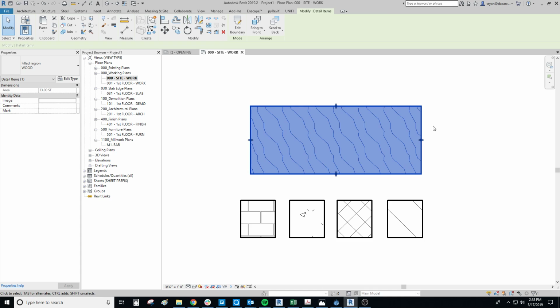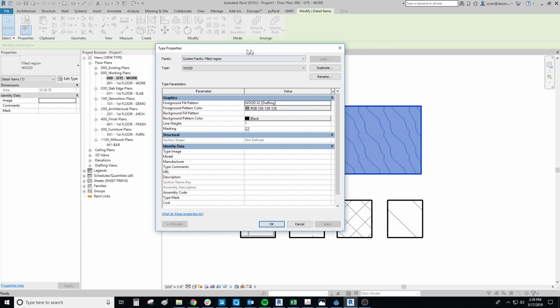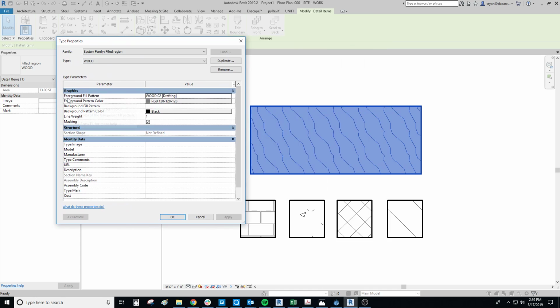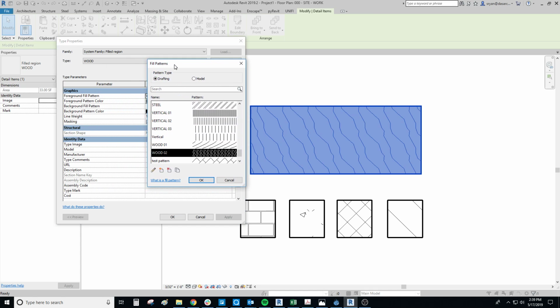So the first thing is, this is a filled region, right? So it's a region that's filled and it is using a pattern. So if we go into edit type here for the filled region wood, we'll see it has a fill pattern attached to it, and that fill pattern is wood 02 drafting, and that fill pattern color is kind of a gray, right? So if we take a look, this is going to open up another dialog called fill patterns,